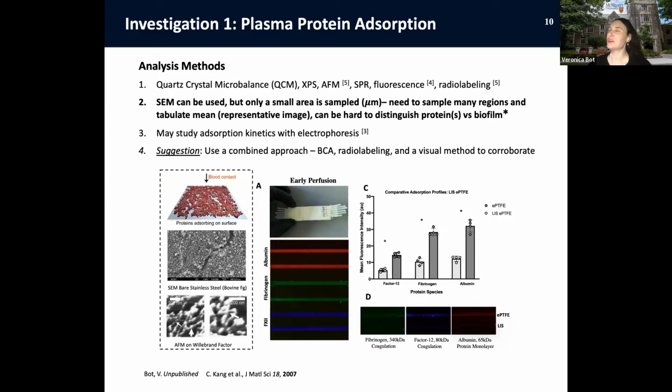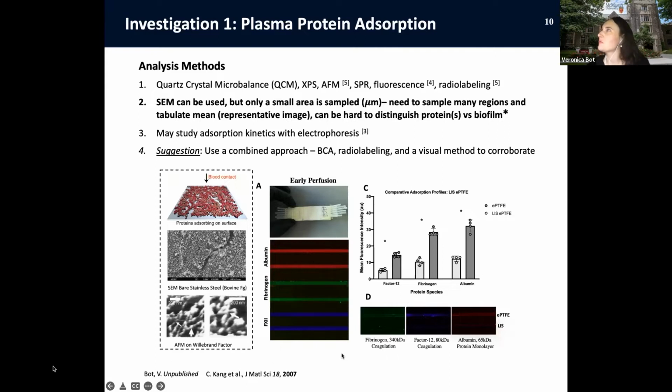So I wondered if we could use this platform to study protein adsorption in real time, and specifically if we could leverage fluorescence to gain insight into the adsorptibility of different prominent blood protein species like albumin, fibrinogen, factor 12. So I performed this very simple assay, channels in parallel, looked at relative differences in adsorption, and it was pretty informative. This was a pretty interesting experiment, very insightful. Not quite a complete story at this point, but a very interesting application nonetheless.